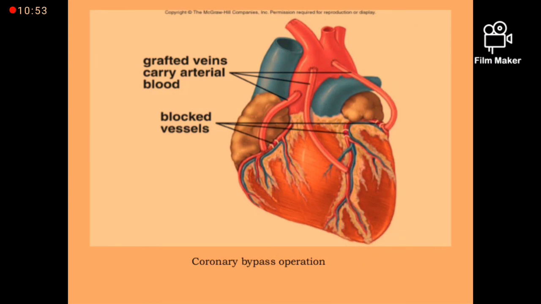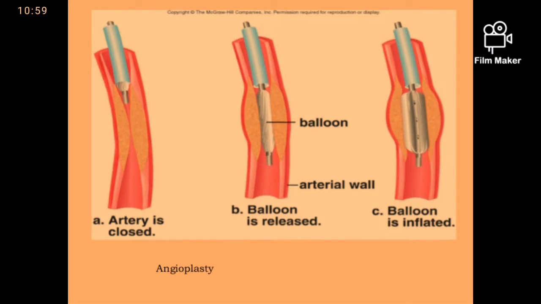Here you can see a grafted vein. Blocked vessels can be treated by angioplasty and stent, or you may use the great saphenous vein or the right internal mammary artery for bypass, and this is angioplasty. In previous